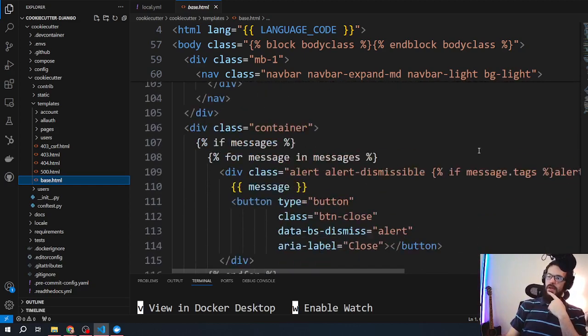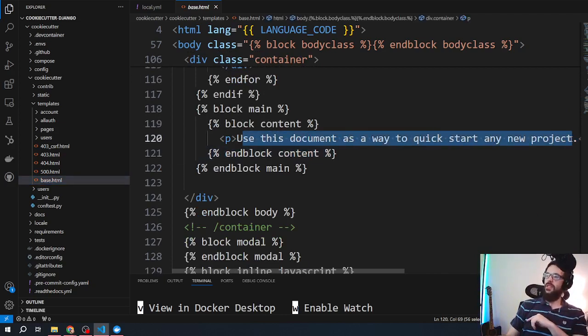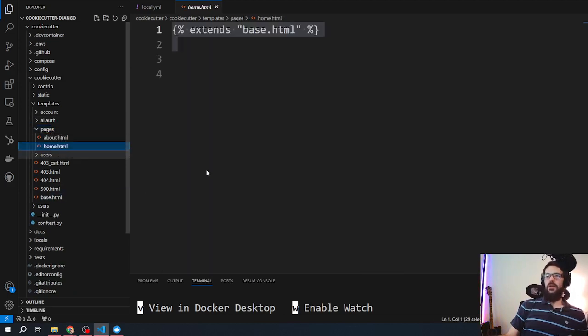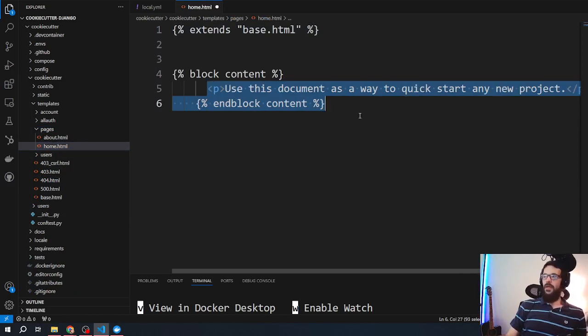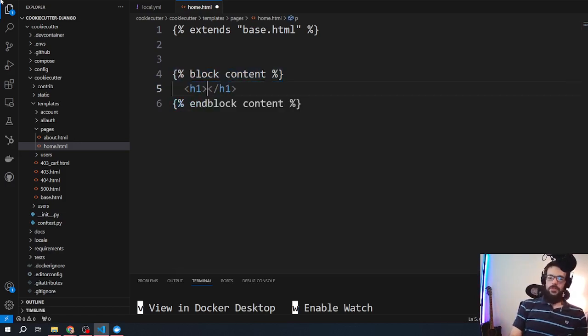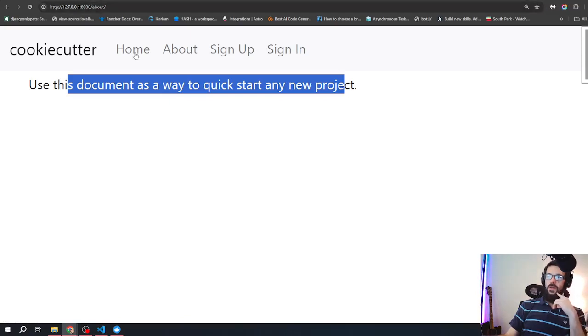Oh, that's the header right here. And you can see, use this document as a way to quick start any new project. Every other page overwrites the block content block except for these pages. But if I take that block and put it in here where it extends base, and back it up a little bit, and I can say H1 home, hit save. Now because async is installed and running, if I go to home,